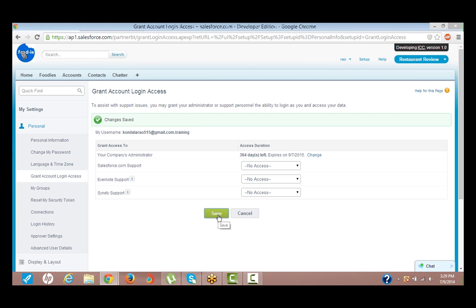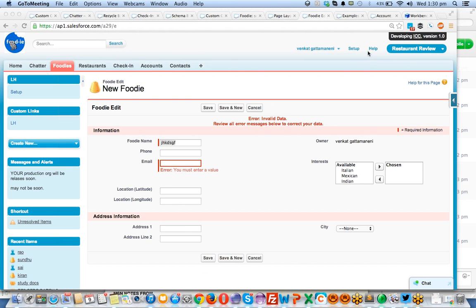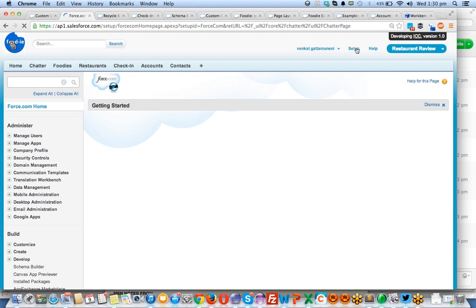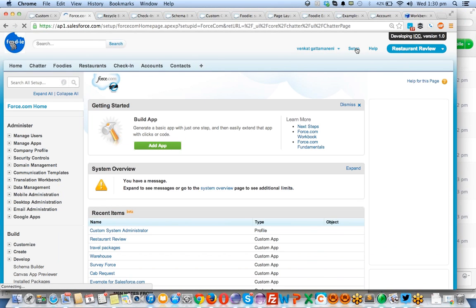If I come to my system and go to all users, I'm going to the all users system screen, where in this case I can see the login option for this person. For RAW, right, I have a login option. For other people, I don't see this option because they have not given access to me.